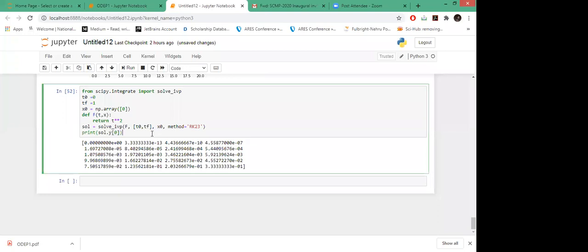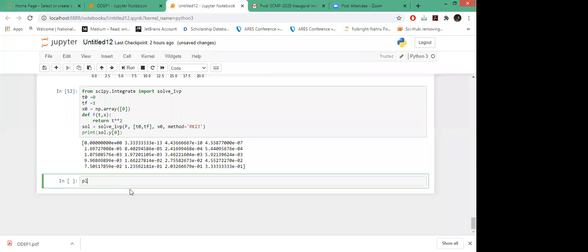The y function, y0, is storing all the values, and again you can use the plot function also. And let's see how it looks. See, solution dot t is giving you the points, the independent variable t, and solution dot y of t.